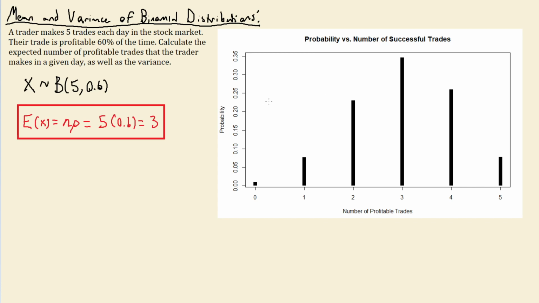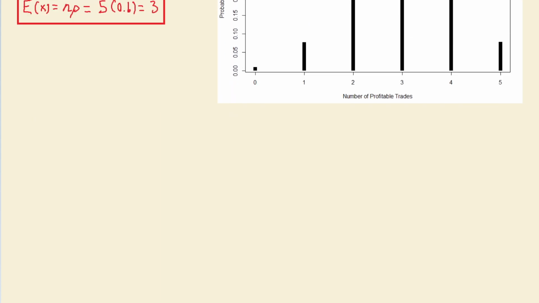Determining the standard deviation, or the variance, is going to take a lot of the same steps, but it's going to require us to be a little bit more clever. And so recall that the variance, actually I should do this down here. Recall that the variance is going to equal the second moment, or the expected value of x squared, minus the first moment, or the mean, squared. And we know what the first moment is, so we really just need to calculate this here. And so the second moment